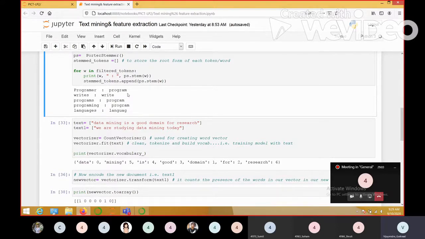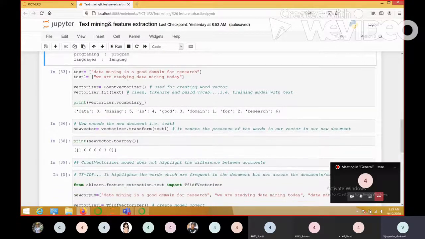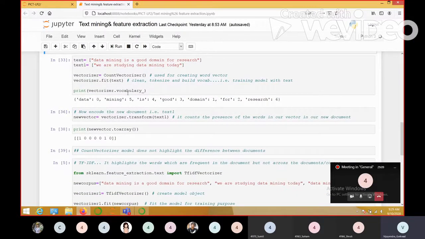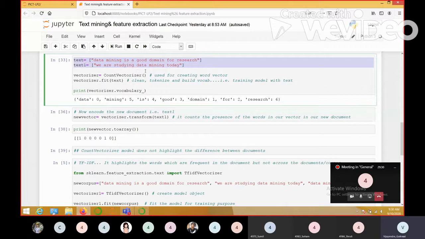We have a set of stemmed words. That's all. Now whatever we have is rich information which we can straight away take for the classification process. Prior to that, we have to extract features out of it, right? So for a sample, I have taken two new text documents, text and text1. Text we are going to use for training of our count vectorizer model, and text1 we are going to use for testing of our model.